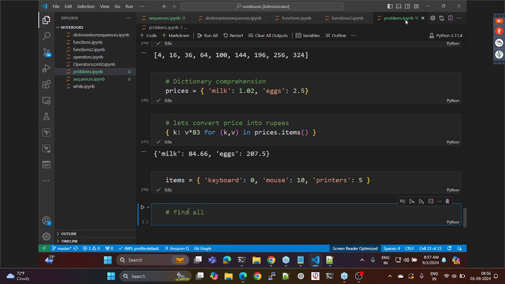Now after this what I'm supposed to do is find all items where there is no stock. Okay, keyboard has a 0 stock. That is what I want to print. Okay, but ideally there can be more than this. So what is it I'm trying to write? I am trying to write, okay, so you can try to call it as item